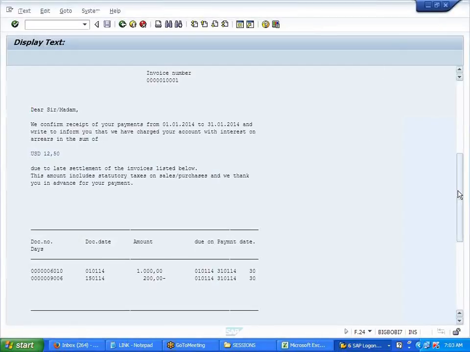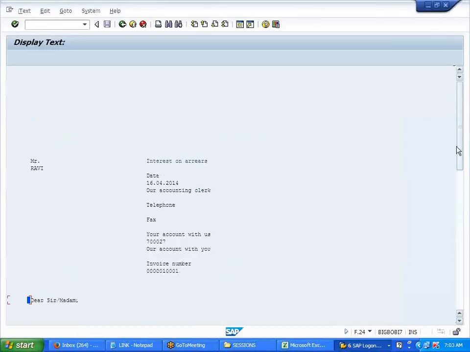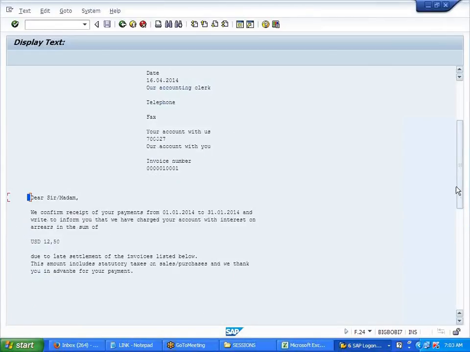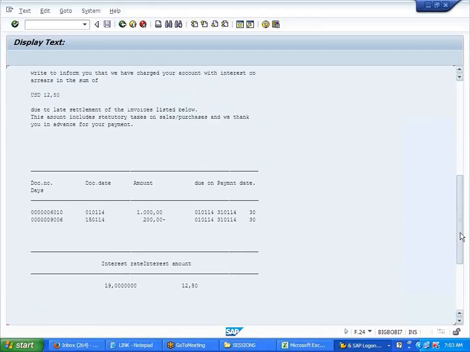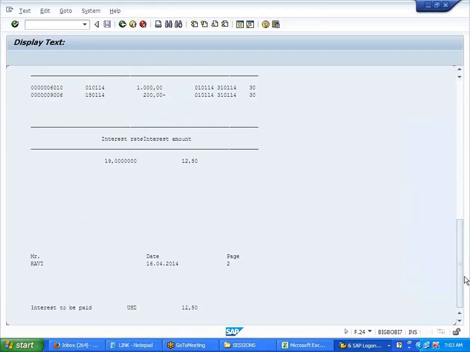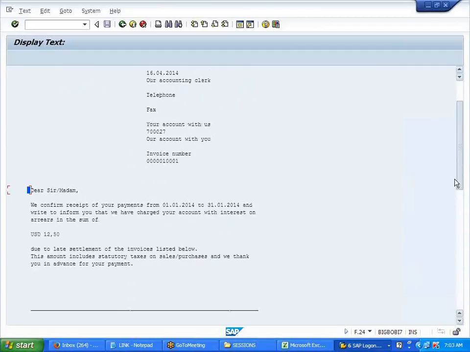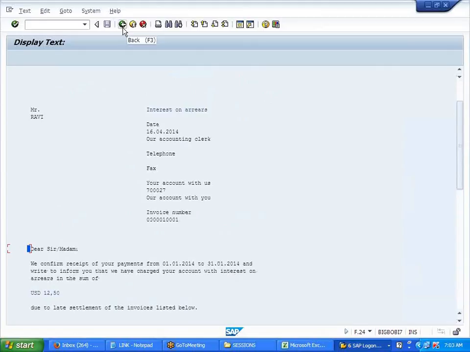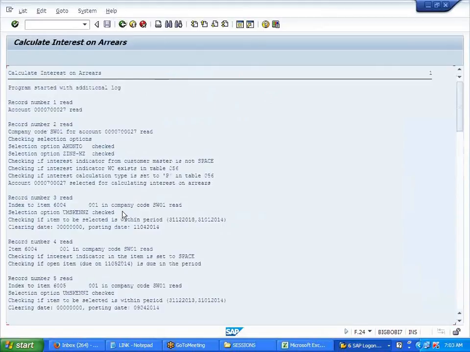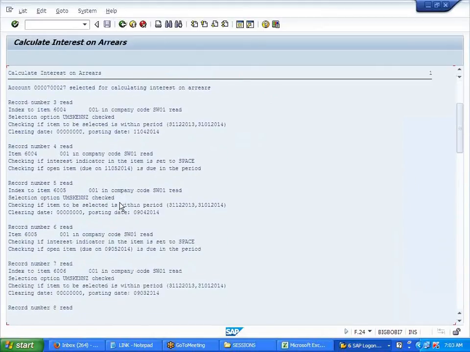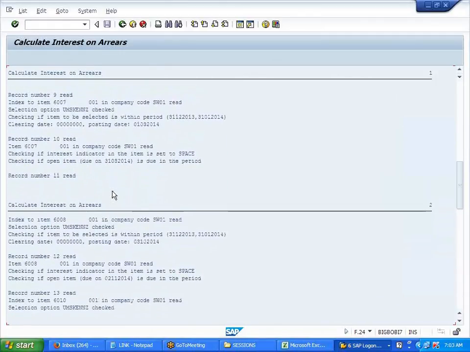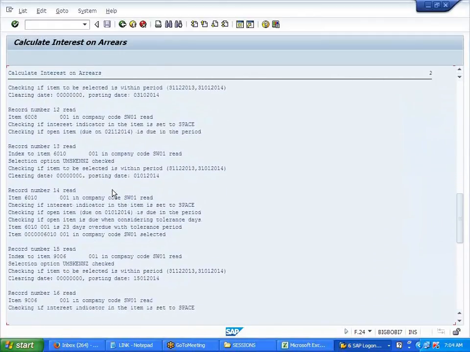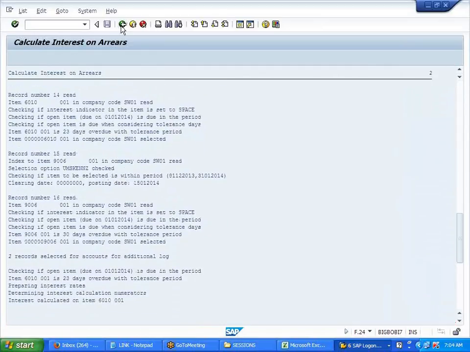Hello, Ravi? Ali, can you hear me? Yeah. Form. Output form. Just want to show you the form. This is how the form looks like. Okay. So if you want to see the log, here is the log. If there are any errors or anything, you can read from this log.